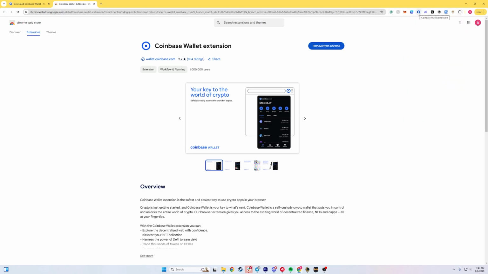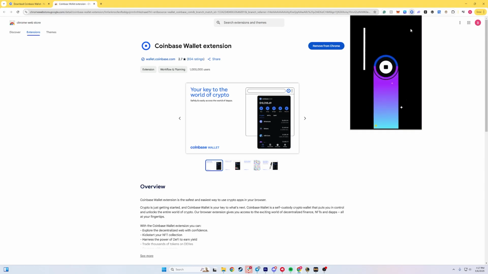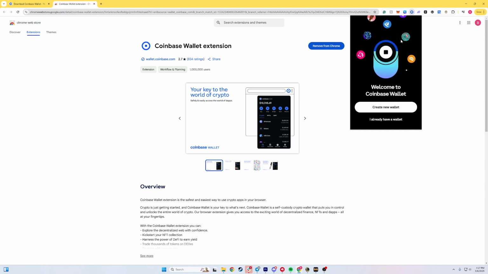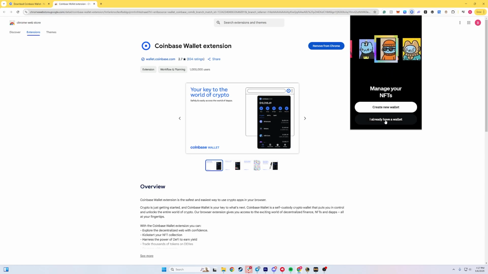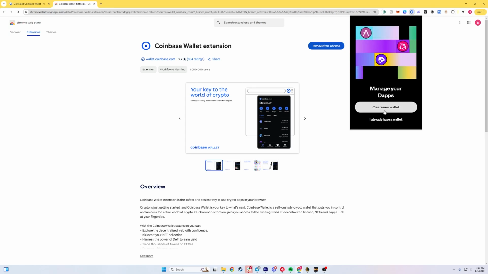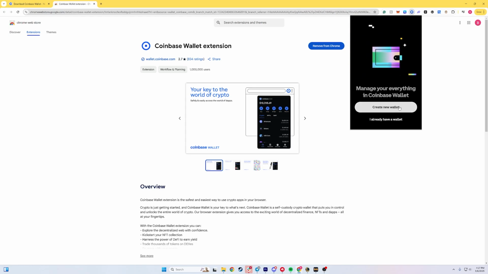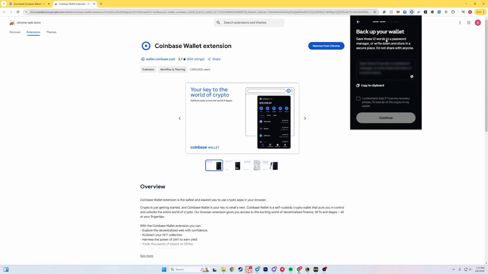Once I do this, it's going to pop up for me, and if I click on it, it's going to bring me to the intro page. It's going to say that you can either create a new wallet, or alternatively, if I already have a wallet, I can log into that right now. The odds are you're going to need to create a new wallet, so that's what we're going to do here. From here on out, it's going to bring us over to our secret recovery phrase,